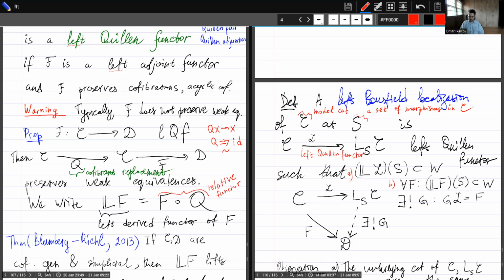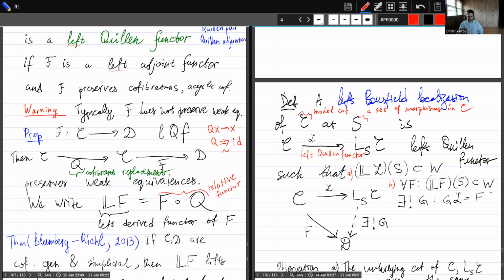All right, and what is the universal property of this functor? Well, it's formulated in 2 parts. The first part says the left-derived functor of the localization functor sends elements of capital S to weak equivalences. So the left-derived functor of the localization functor capital L inverts all elements of capital S in the sense of turning them into weak equivalences. And the second part of the universal property says if you have another functor, F, another left equivalent functor with the same property that the left-derived functor of F turns elements of S into weak equivalences, this time in D,